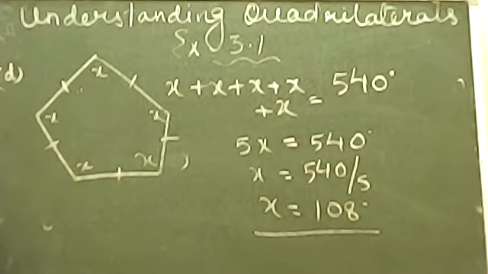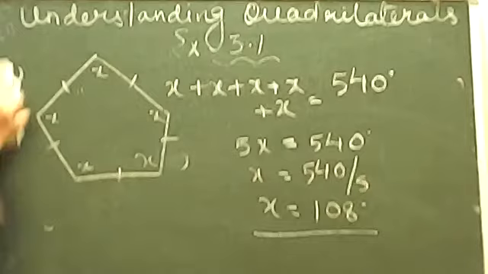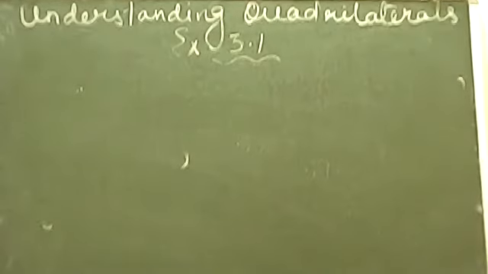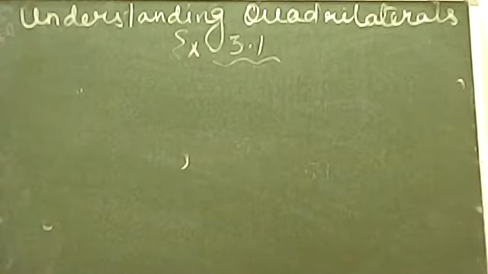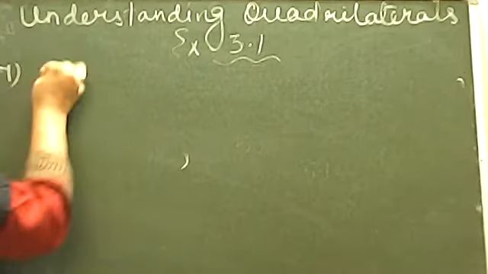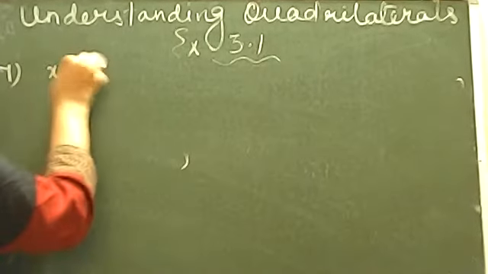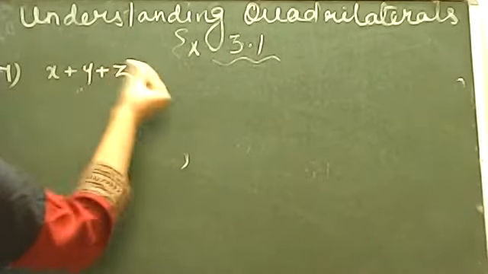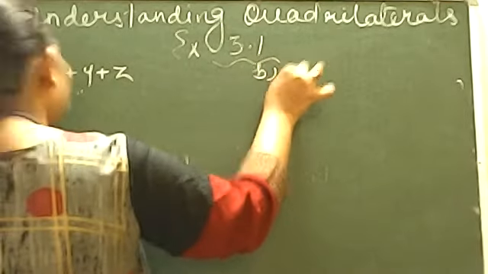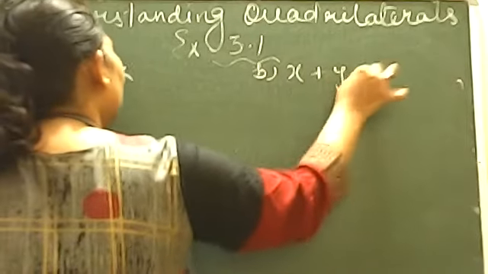Now let's talk about question number 7. Question number 7 is also related to a figure question, and let's see what it says. In both the figures, the diagrams are drawn, और आपको पूछ रहा है you have to find out the sum x plus y plus z in first one A. In B, it is asking what will be the value of x plus y plus z plus w.